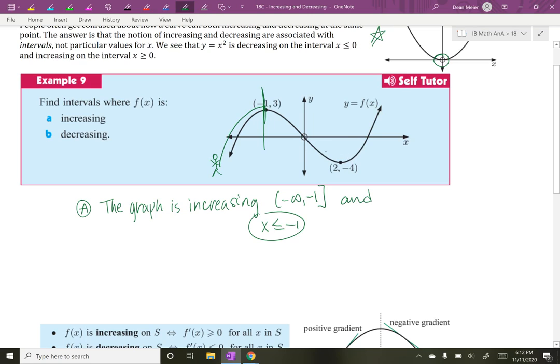Well, the little man's walking downhill for this stage, but then he starts walking uphill again. Right here, he starts walking uphill, and so that's at the x value of 2. So I would say 2 to infinity, right? And that's how I would say it was increasing. Part B, I would say the graph is decreasing in between there, right? The graph is